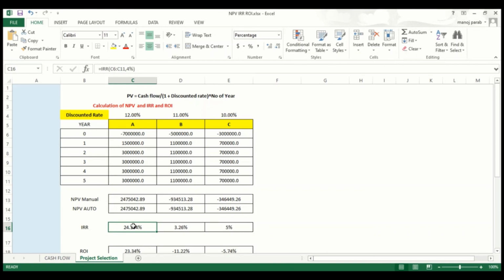Now to verify it, what is the IRR? It is the rate which makes the NPV 0. For example, if we put the same rate here as the discount rate, see, your NPV becomes 0. That way you can tally it. This is the rate that will tell you how the project is benefited, right?